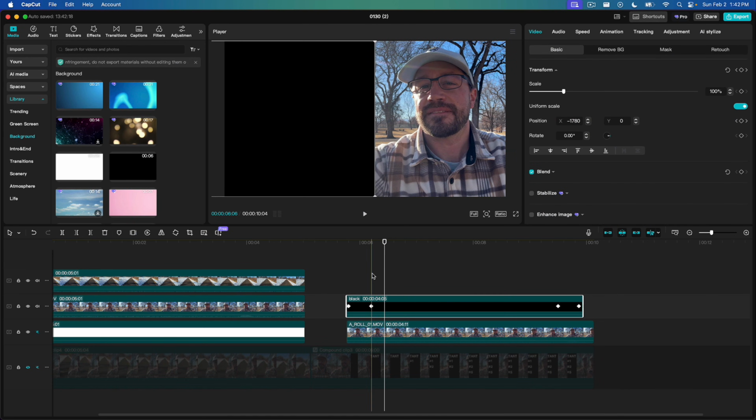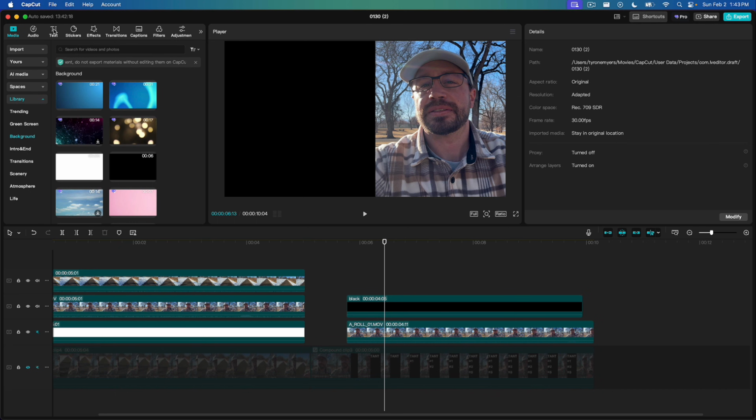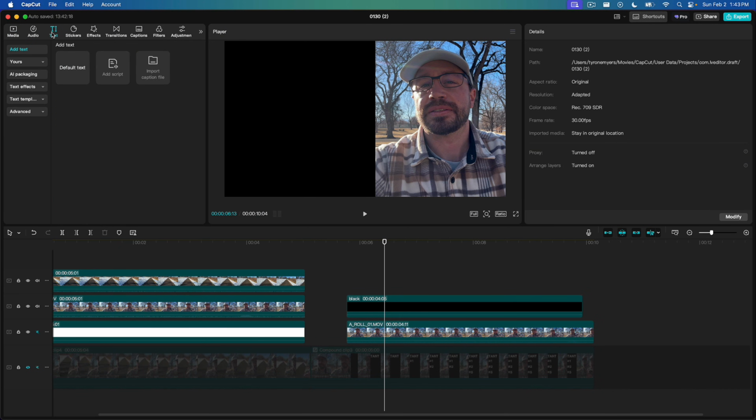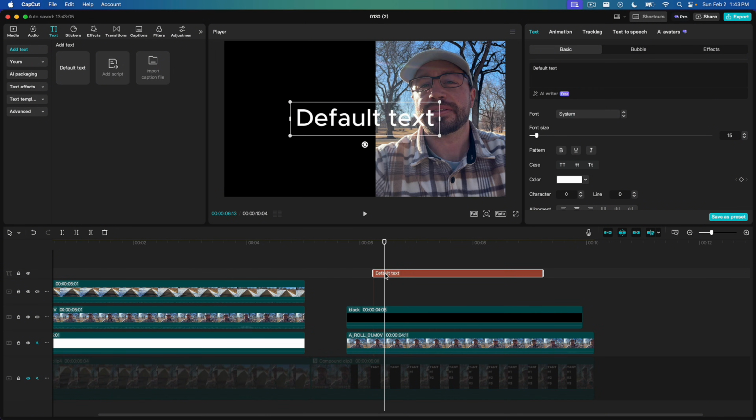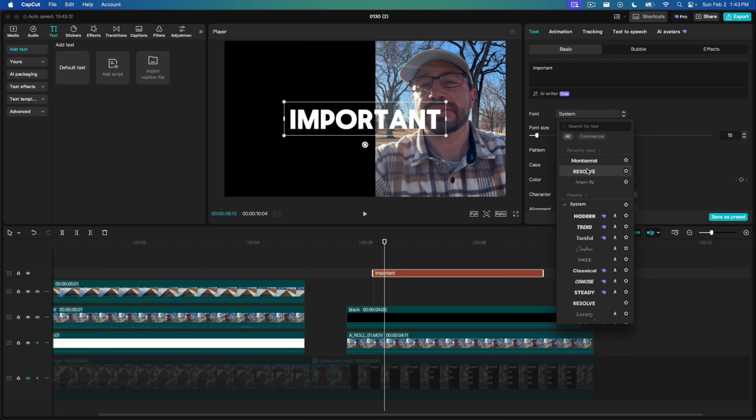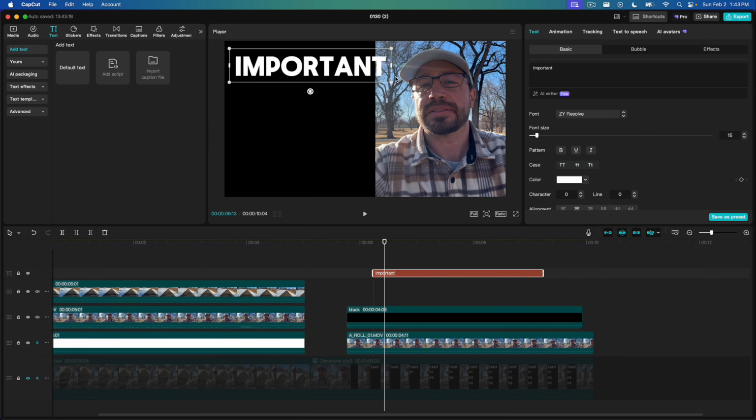Now, of course, the final step is to add in any text that we want. So from here, we can come up to text on the top left, click on default text, drag it onto the timeline where we want to position it. We can type in whatever we want to convey to our viewer, pick our font, position it, resize it,